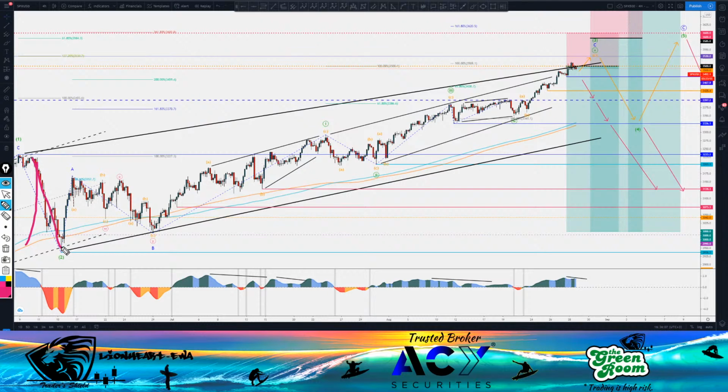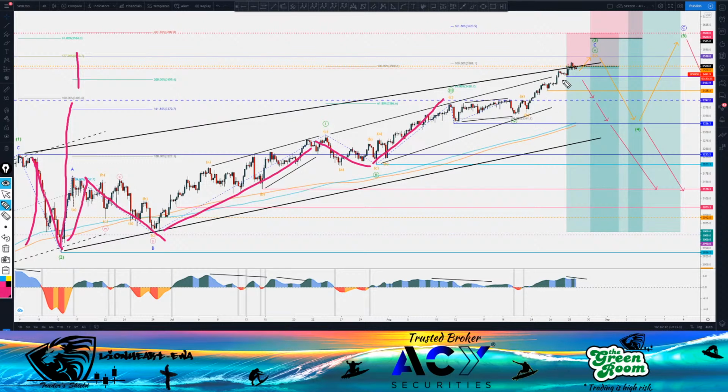Now, from a Fibonacci perspective, Fibonacci extensions from 1 and 2, we have 100%, and then we have 127. From basically AB to determine the end of this C right here, okay? From AB, we're doing a diagonal of its own, 1, 2, 3, 4, 5, right? How are we gonna do this? A, B, C, 1, no, wait, we can do something like